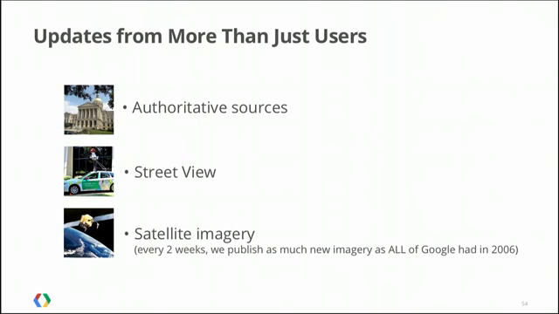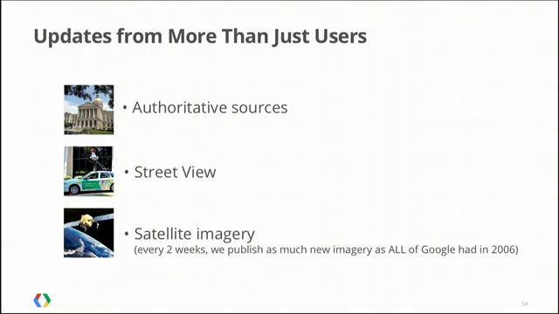We also accept updates from more than just our users. We've talked a lot about our user strategy here, but we go back to our authoritative sources. We do have arrangements with them where we refresh data. We also, of course, are redriving Street View on a regular basis. And in fact, some of those redrives happen in response to user issues. We do, in fact, go out and drive places where we need to clarify a mapping problem.